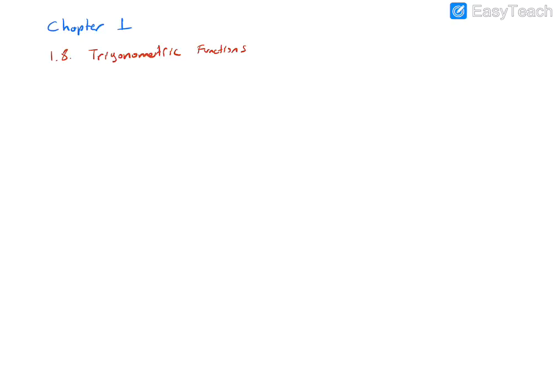In the previous lecture, for section 1.7, we defined the trigonometric ratios sine theta and cosine theta for the angle between 0 and 90 degrees. We now remove that restriction on theta to define the sine function and the cosine function, each having the set of all real numbers as its domain.